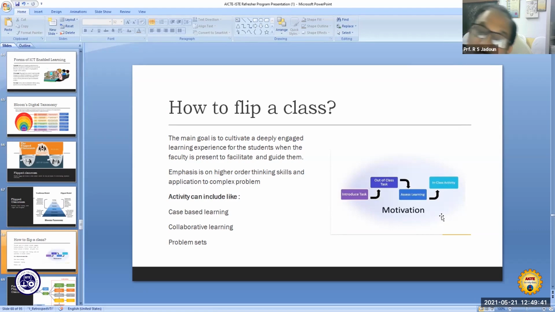Students find it very interesting, and they remain motivated the entire session. Introduce the out of class task, then assess learning in the in-class activity. If they are able to apply it before you, that means they are quite happy and they are learning the concept.